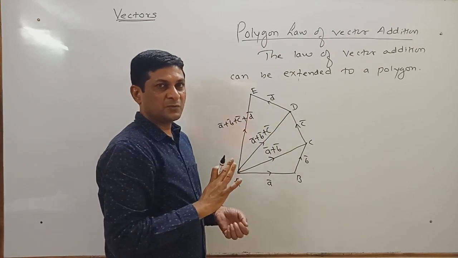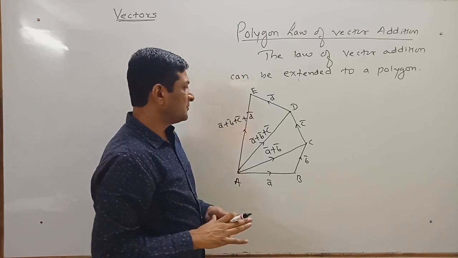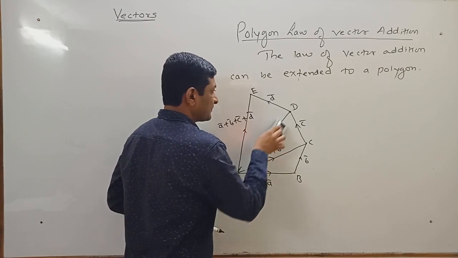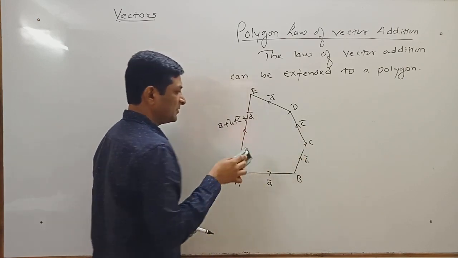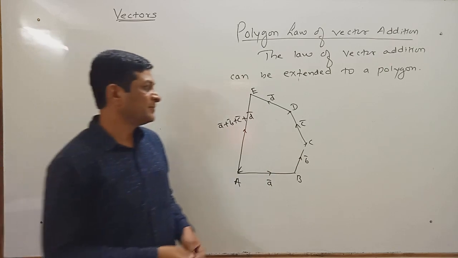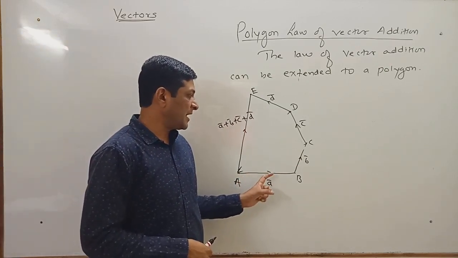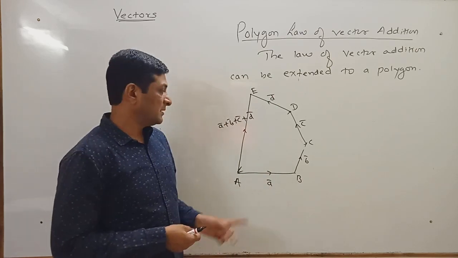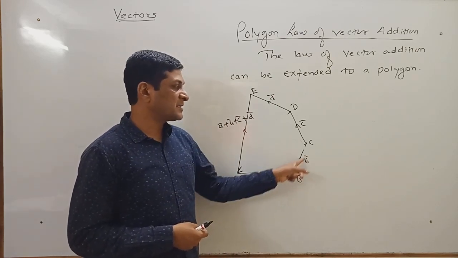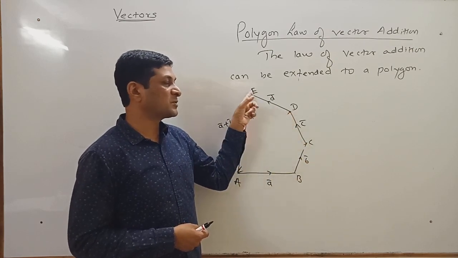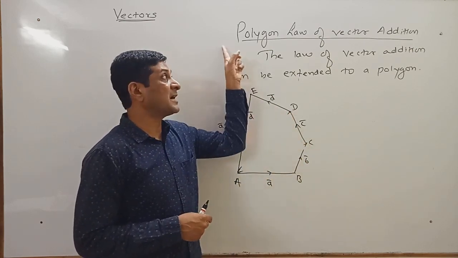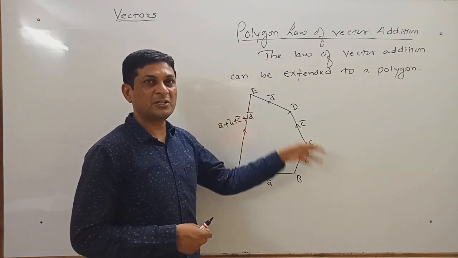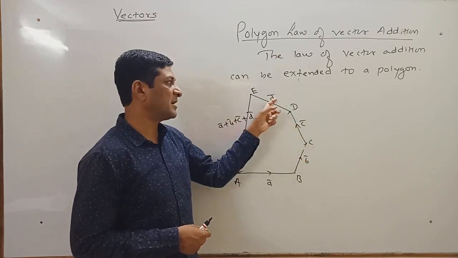Okay, so in this way we have got the addition. Now if we remove all these parts and observe this figure very carefully, it is a polygon having 1, 2, 3, 4, 5 sides. If one side is represented by A bar, second by B bar, third by C bar and fourth by D bar, then according to polygon law of vector addition, the fifth side will be nothing but the resultant of these four vectors, A bar plus B bar plus C bar plus D bar.